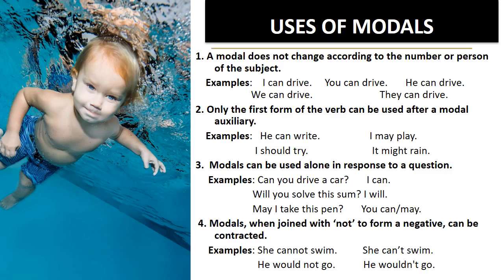Examples, he can write. Now can is the modal verb. After this we have used first form of verb, write. I may play. Now may is a modal. Play is first form of verb. I should try. Should is a modal verb. And try is the main verb. That is first form of verb. It might rain. So students, please keep this point in mind that a modal verb is always followed by first